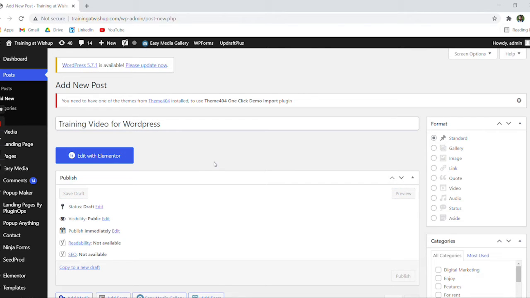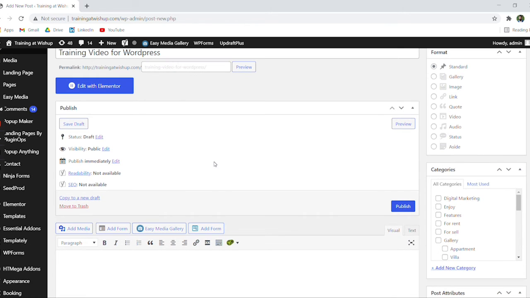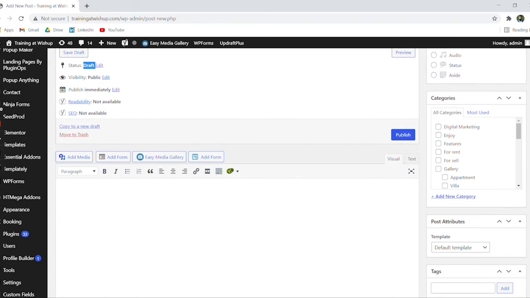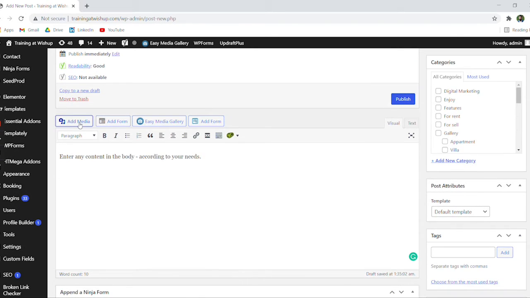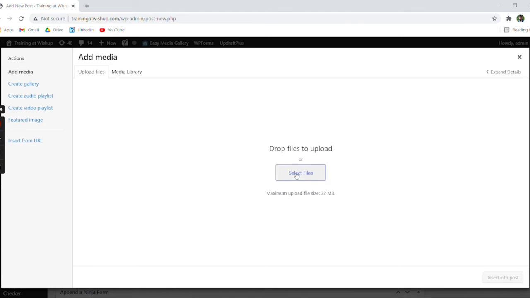As you can see below that, you will have multiple publish options. You can see that the status is still as draft, the visibility is public, and the other ones we are going to come back to as well at a later point in time. Now let's go ahead and quickly add a sample content in the body, which is going to be basically the content of the post. For now, we're going to just add a sample content here. You can also choose to add a particular media to your post.